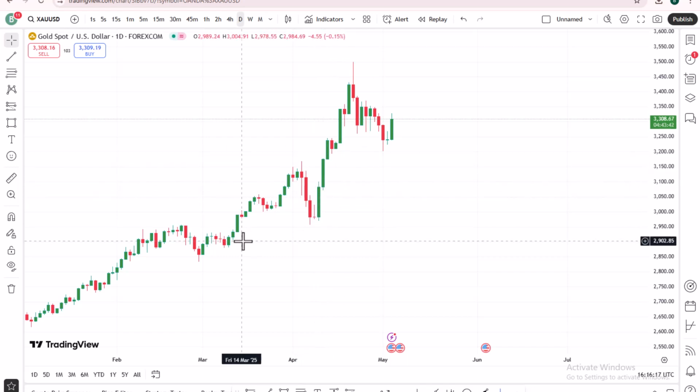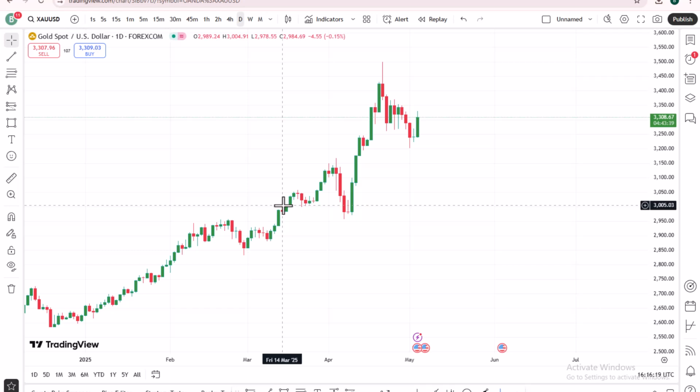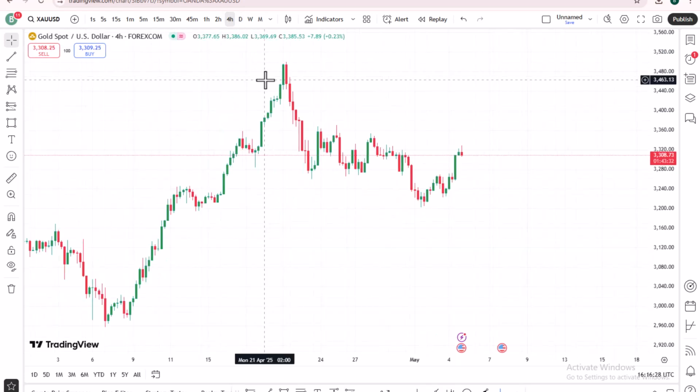After looking at what is going on the daily time frame, I switch to the 4-hour time frame. On the 4-hour time frame, I don't use any trend lines or Fibonacci or any tools. I just look at the price action, what price is telling me, and market structure. I use the market structure on the 1 hour time frame. So on the daily, 4 hours, and 1 hour, I just look at what is currently going on in those time frames.